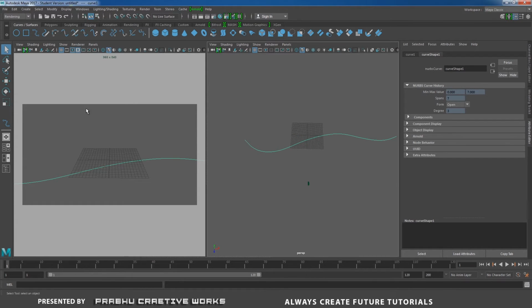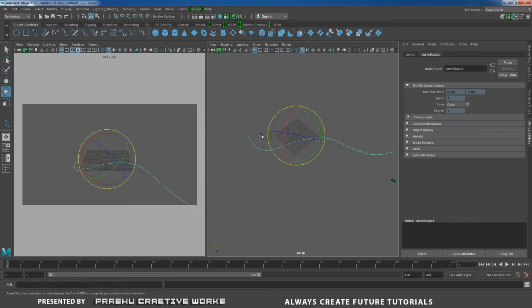Now I will drag my camera view a little more like this. Press E and rotate the curve over here, until it reaches the camera view. You want to rotate like this.